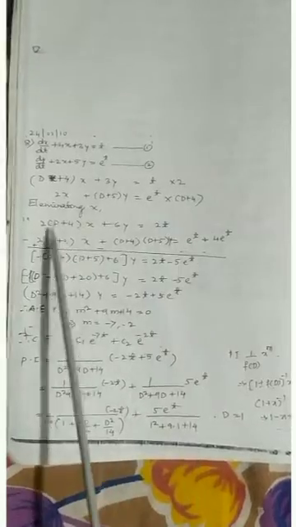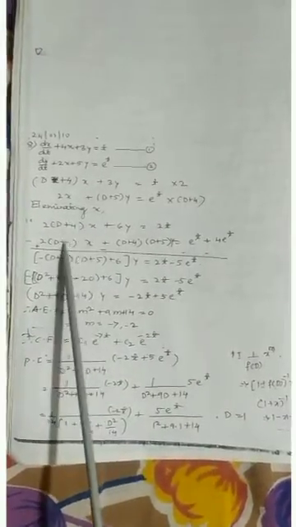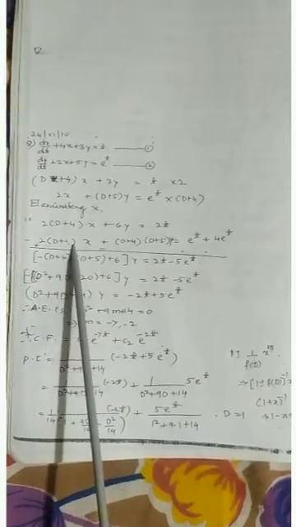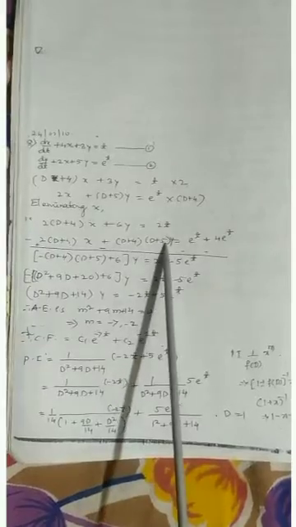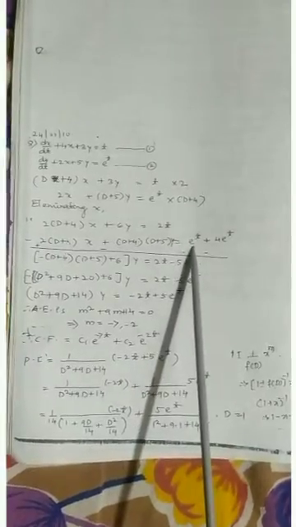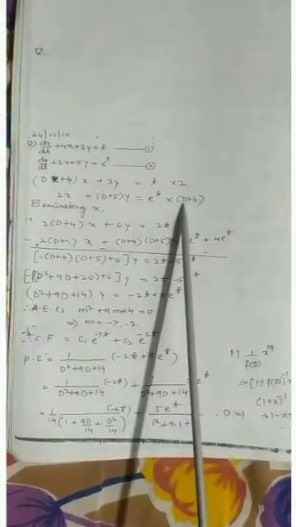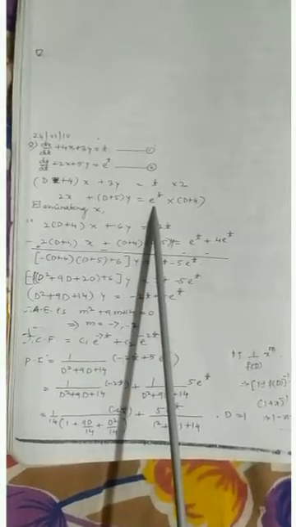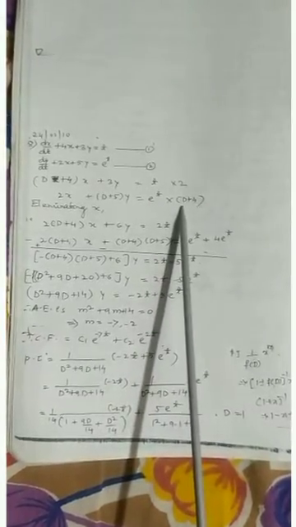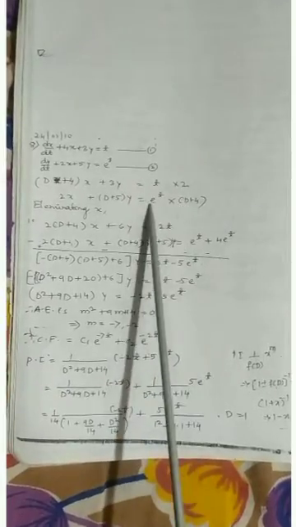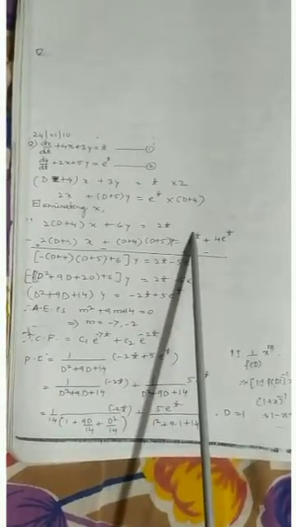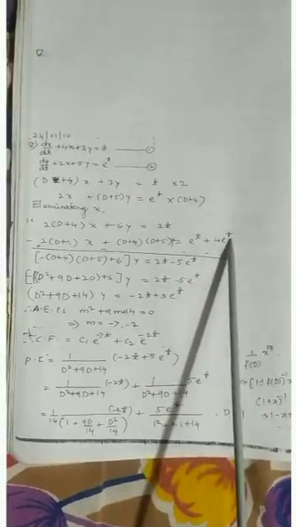And the second equation, multiplying by (D + 4): 2(D + 4)x + (D + 4)(D + 5)y = (D + 4) e to the power t. See here once again, D means the first derivative. The first derivative of e to the power t is once again e to the power t, plus 4 into e to the power t.